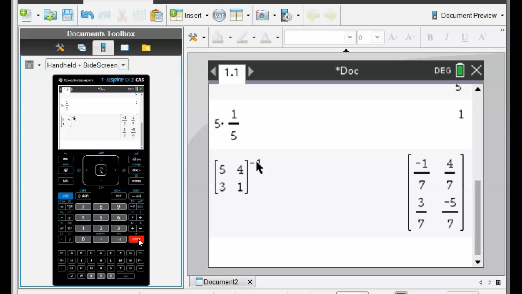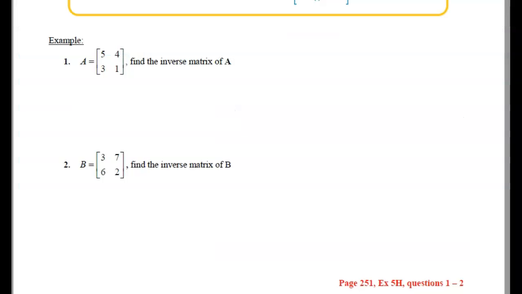And there's your inverse. Now, I strongly encourage you to leave it as a fraction. Don't write it in decimals. Okay, so leave it as a fraction, in case you need to do something with it. It's always better to leave it as a fraction as opposed to a decimal that you might round and you'd get the wrong answer. All right, let's do the next one,